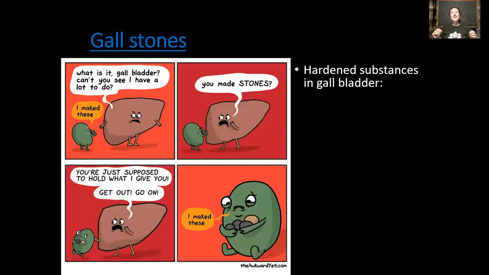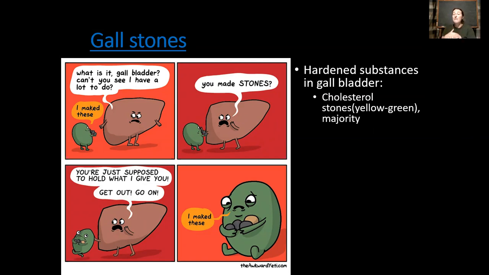Which leads me to talk very briefly about gallstones. Maybe you know someone who has had gallstones, maybe you have had them yourself. If so, I'm really sorry to hear that. Gallstones are essentially hardened substances in your gallbladder. There's a couple of different types. Most of the gallstones that are produced in America are cholesterol stones. These are the yellowish green ones. And essentially this happens when